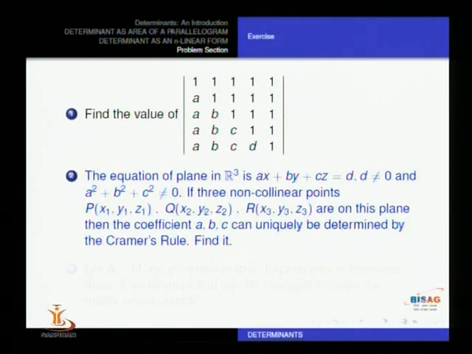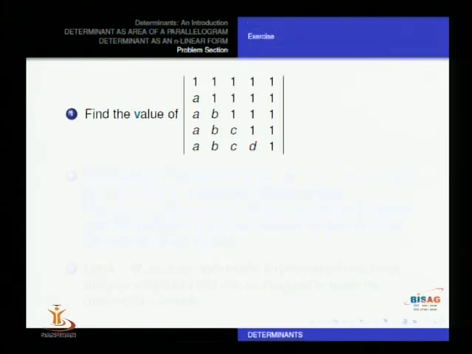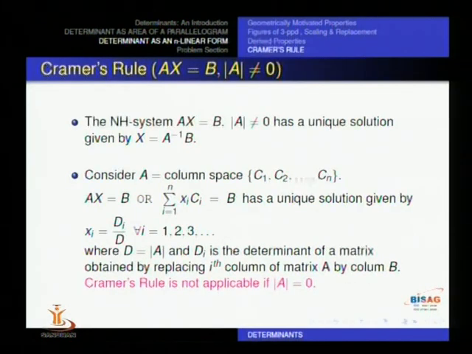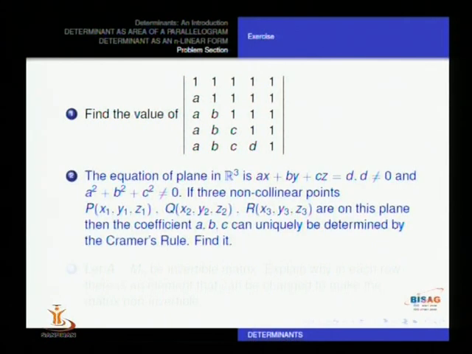So it's a 3 by 3 system, and now here d is non-zero, therefore it becomes a non-homogeneous system, and we can use Cramer's rule to find the solution of this given question. We can get the values of a, b and c as shown in the formula in the earlier slide, di upon d, where d is the determinant of the coefficients and di is the determinant of again the coefficients, but with the ith column replaced by d, d, d as per the question. So this can be done.